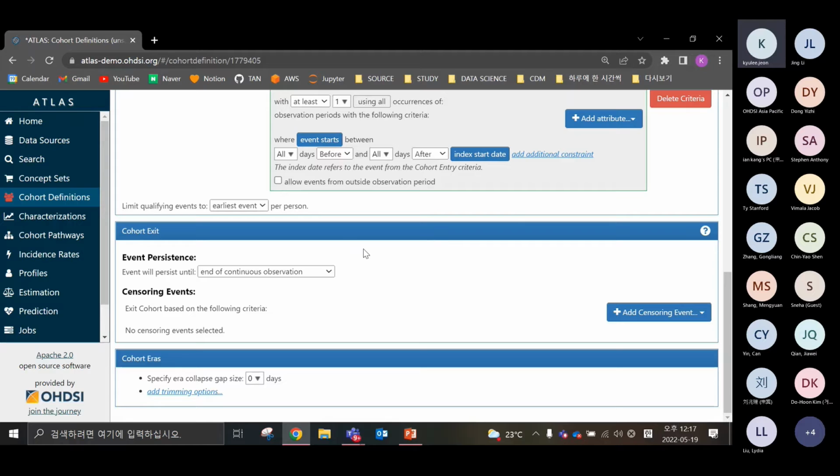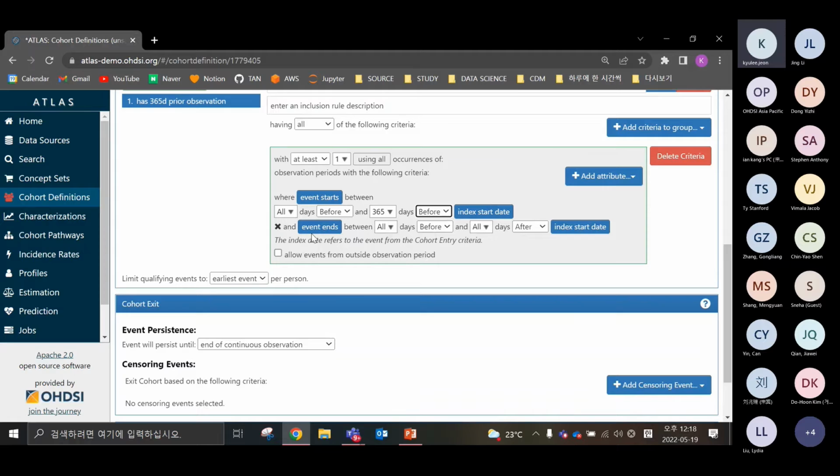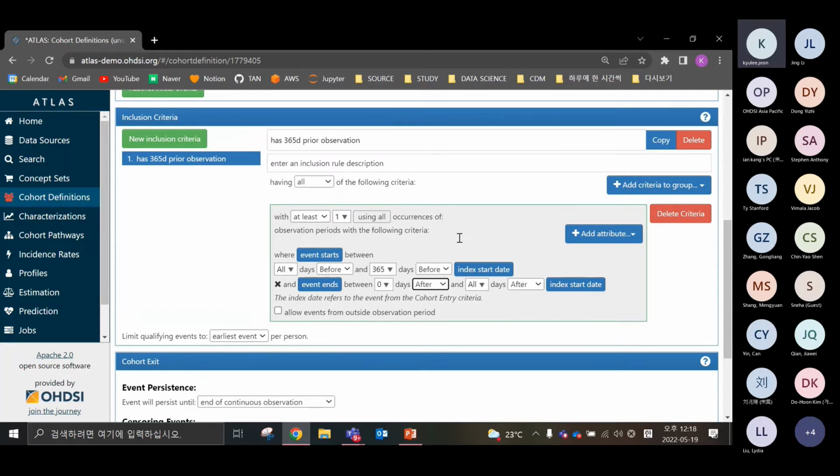We want to specify the event starts between 365 days before and the index start date, and add additional constraint: the event ends between 0 days after and days after index start date. Limit qualifying events to the earliest event per person will be maintained. You have now added all of your qualifying inclusion criteria.